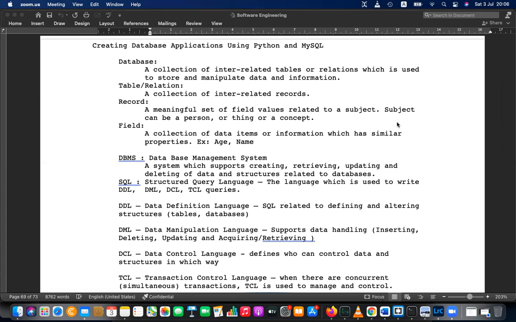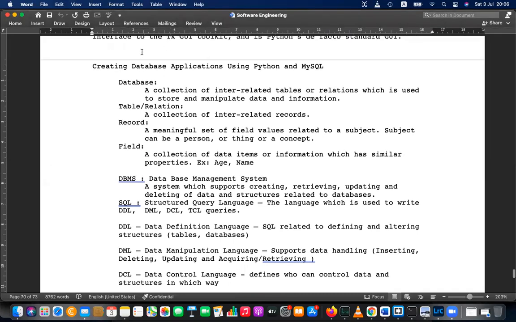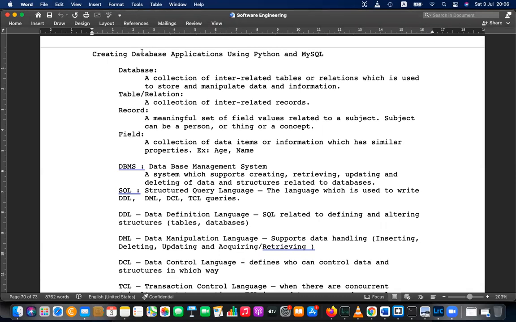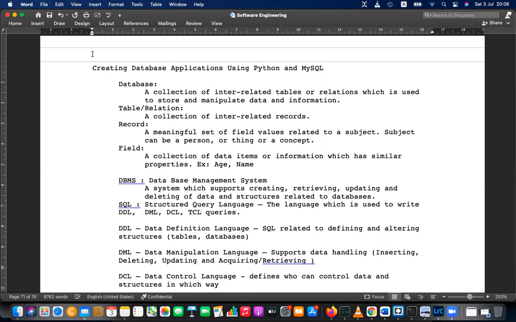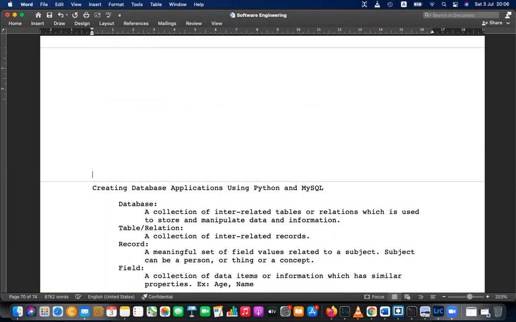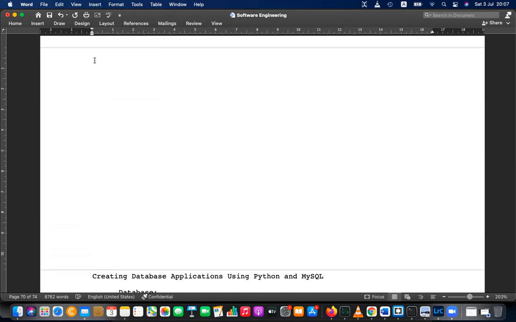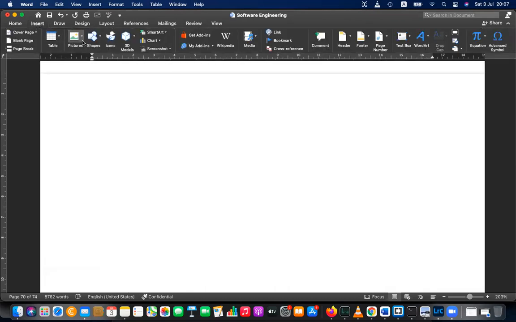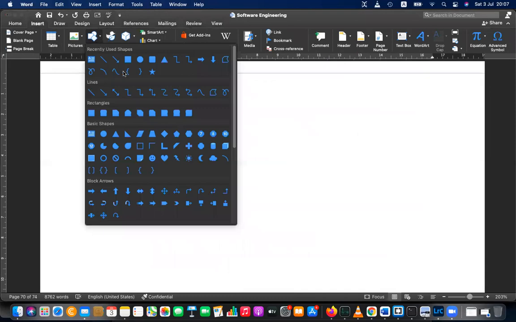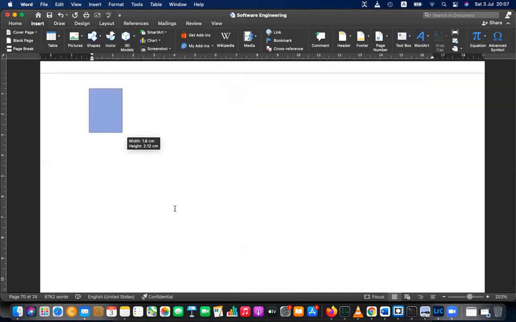Let's say in one file you have the student ID and marks. Let's think about a scenario like that. I'm going to go to a new page and draw this scenario. Let's say there's a file, file number 1.